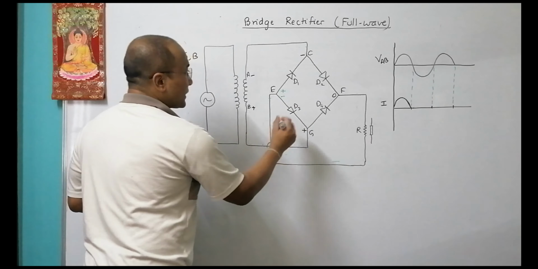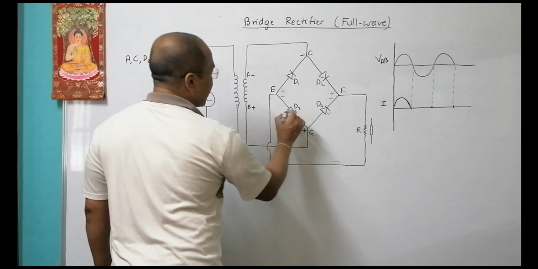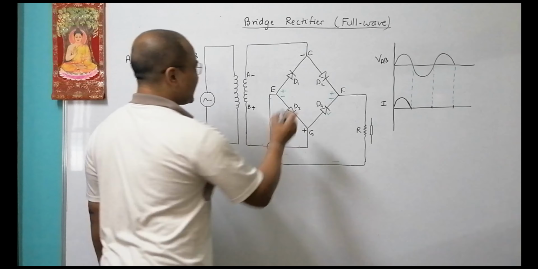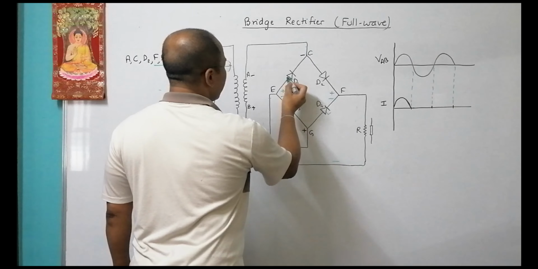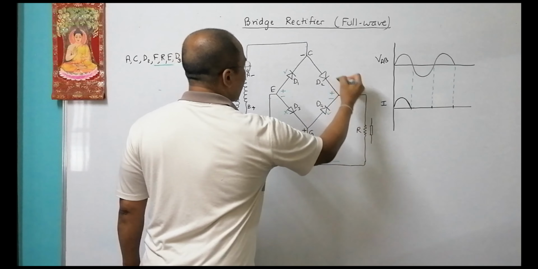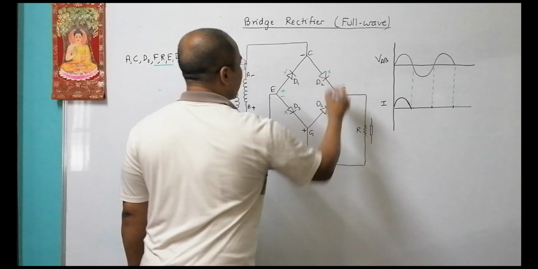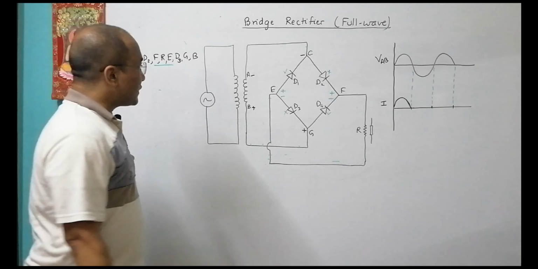So the charged particles will come from here, they come here, and after that what they find is, this is p side positive, n side negative. So it will conduct like this. And if you look here, n side positive, p side negative, it doesn't conduct. Similarly, n side negative, p side positive, it conducts. N side positive, p side negative, it does not conduct. So the charges will flow like this here.